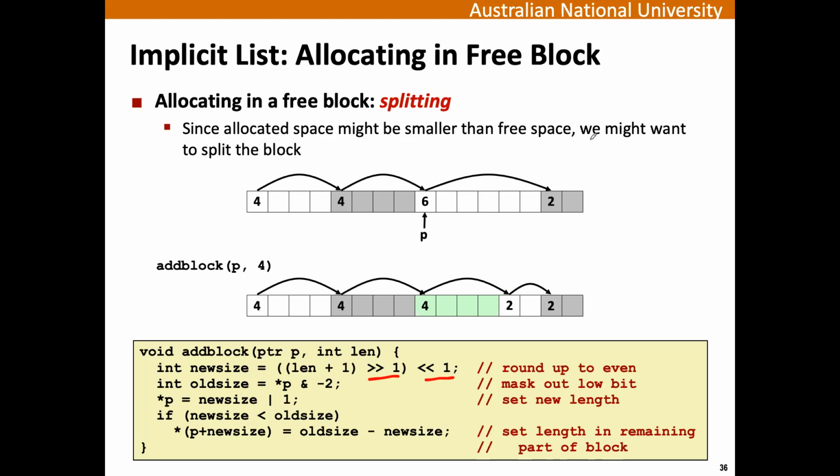So an example is, what is a good example? Let's say we have a number size. The user asked for something, and the new size is 11. So that's 11. That's an odd number, right? We don't want to allocate a block with an odd number. So we do this clever thing. We first do a right shift. So a right shift will make this number, and we then do a left shift. So that will make it